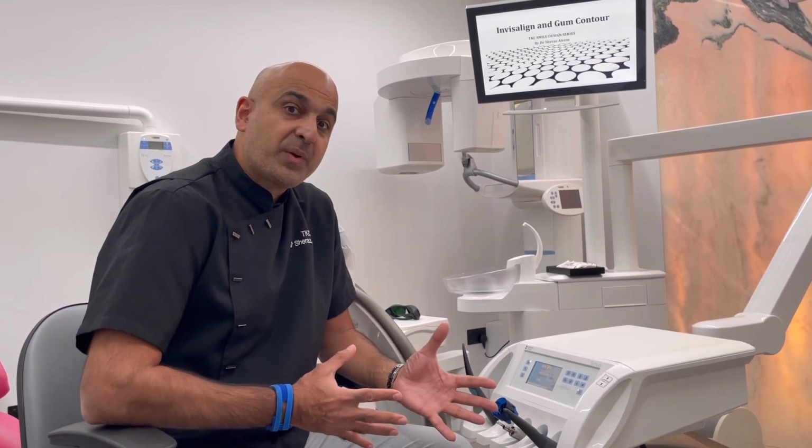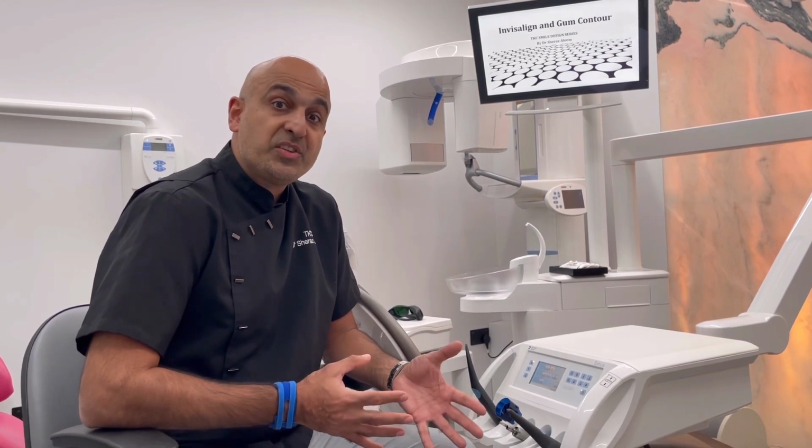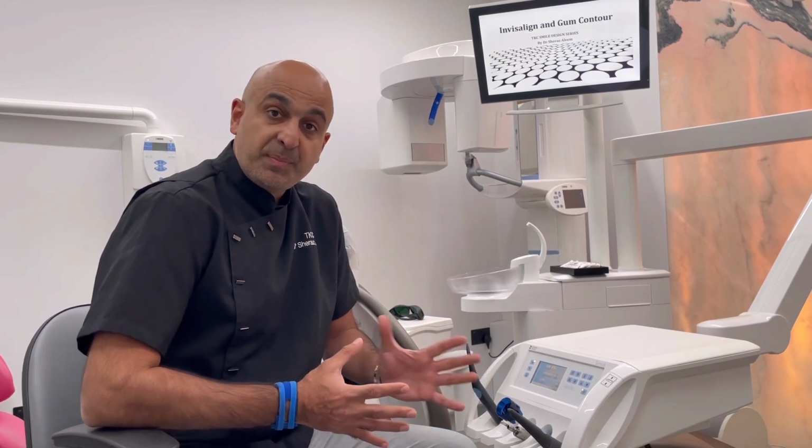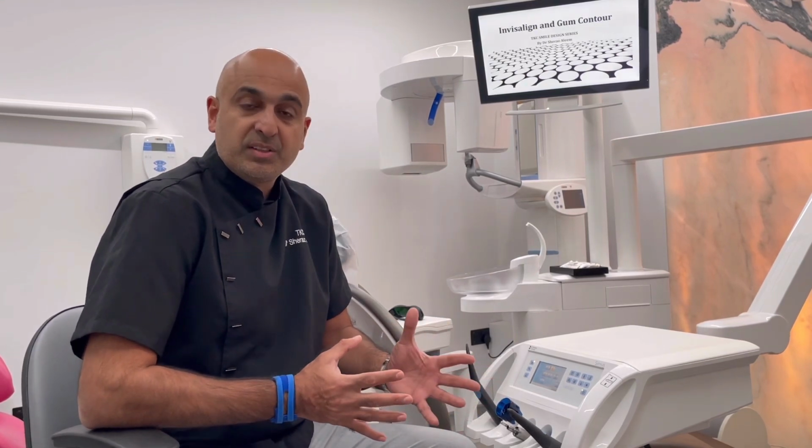But with fixed braces, if teeth are really misaligned or malaligned, then having a fixed brace could be much more beneficial because it works much quicker. So we also do combination treatments where we do some fixed braces first to do the gross movements, and then we do Invisalign at the end if the patient requests it. So there's a combination. In this case, we also do Invisalign with gum